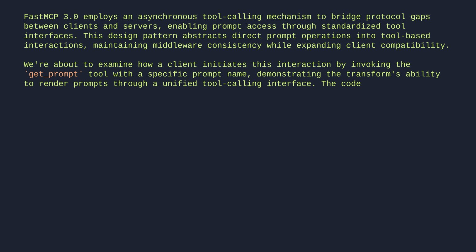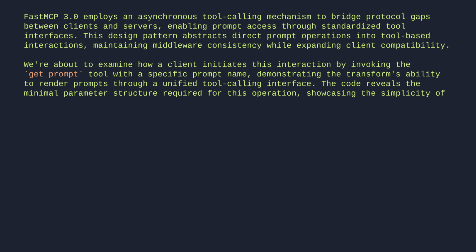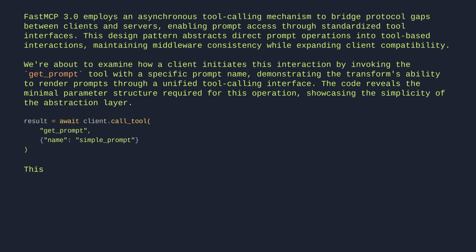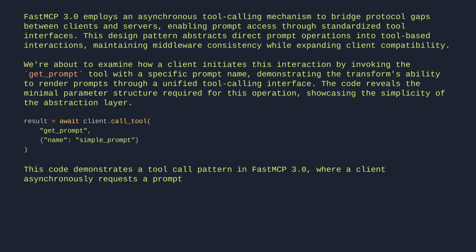The code reveals the minimal parameter structure required for this operation, showcasing the simplicity of the abstraction layer. Result equals await client call tool. Get prompt. Name, simple prompt. This code demonstrates a tool call pattern in FastMCP 3, where a client asynchronously requests a prompt named simple prompt